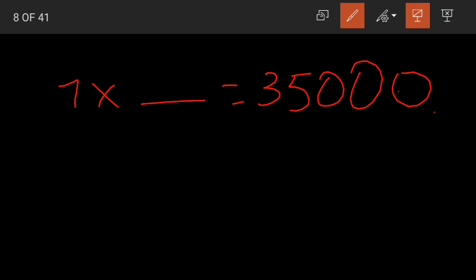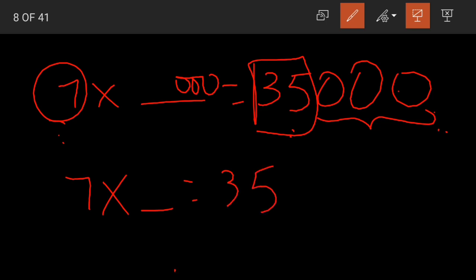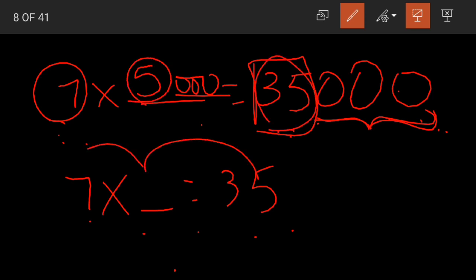Now, if you look at the product, we are having 3 zeros to the right. So, even in the multiplicand, I will write 3 zeros. And before zeros, what do we have? 35. Here, what do we have? 7. 7 into dash is equal to 35, children. What should we multiply 7 to get 35? 7 5s are 35. So, 7 into 5,000 becomes 35,000. Clear? Just simply we have added the number of zeros, and to that here we are having 35. 7 5s are 35. So, we have placed 5 here. 7 into 5,000 becomes